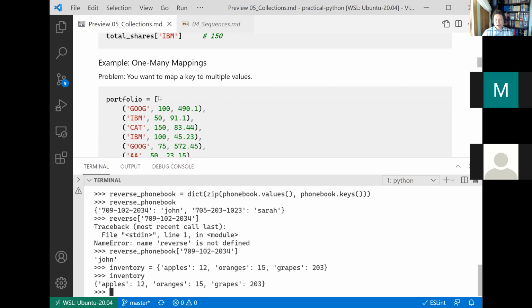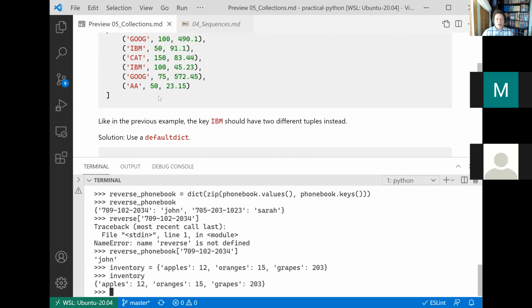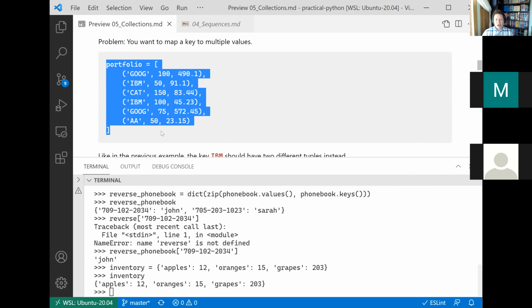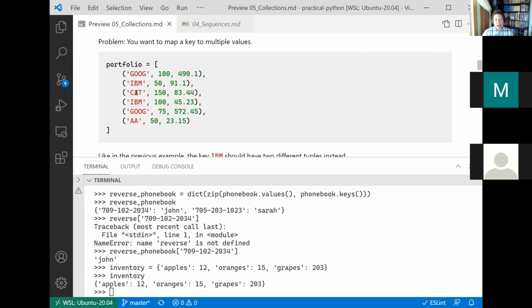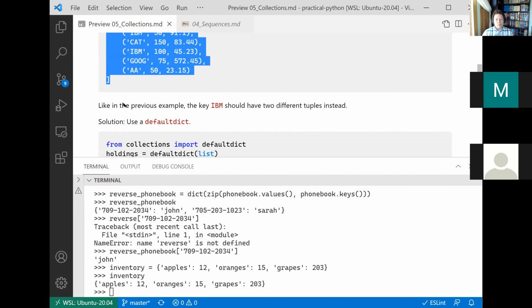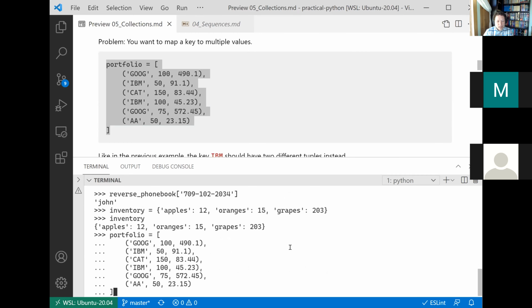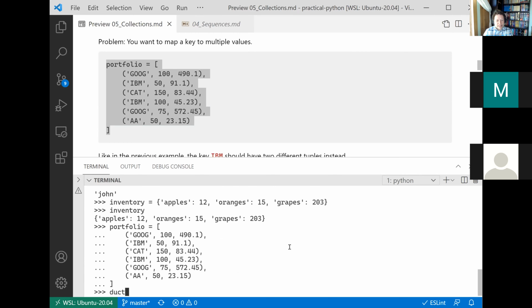Another one might be one-to-many mappings. Say you had a dictionary like this. Here's an example of a dictionary: Google maps to here, IBM maps to here, cat maps to here, IBM maps to here. Now here's the problem with this as a dictionary. If I just take this data and consider it to be a dictionary,